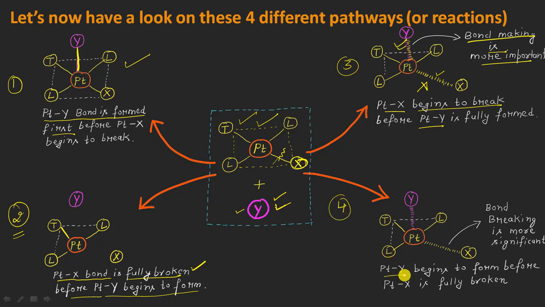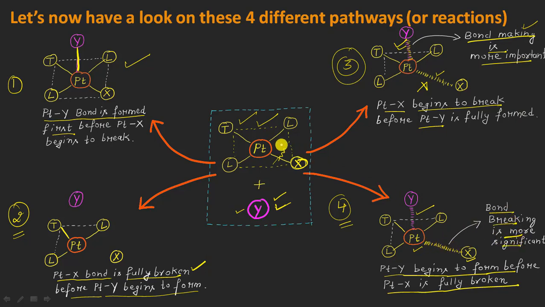That the platinum and the Y bond begins to form. I mean this bond here will begin to form before the platinum and the X bond is fully broken, right? Before this platinum and the X bond is fully broken, the platinum and the Y bond will begin to form, and this is the fourth possibility. But how is it different from the third possibility here? In this case, instead of the bond making, the bond breaking will be more